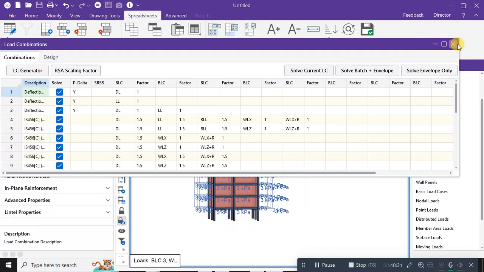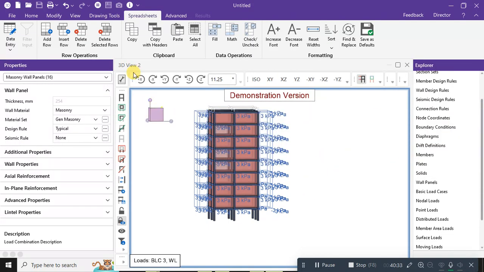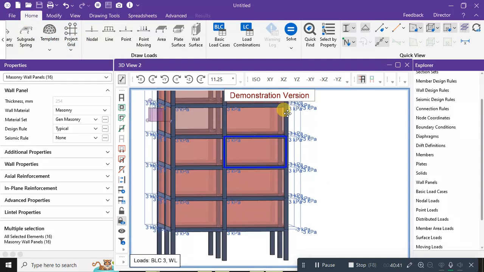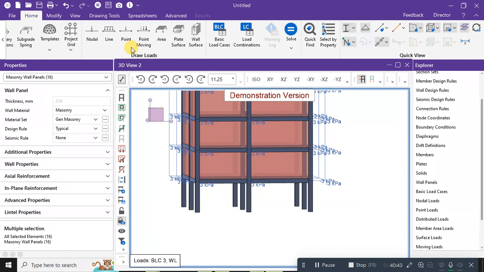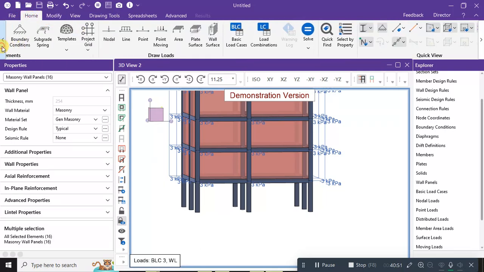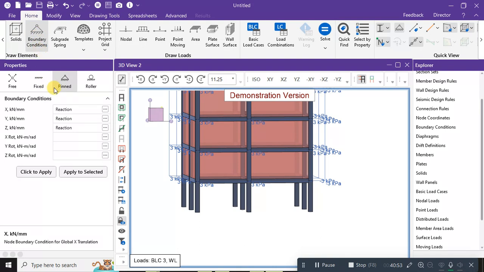Now close it and let me go to the boundary condition and check for the boundaries, because there is no boundary condition present here. Though I have applied it, somehow it got removed. So what you need to do is go to the home button, go to the boundary condition